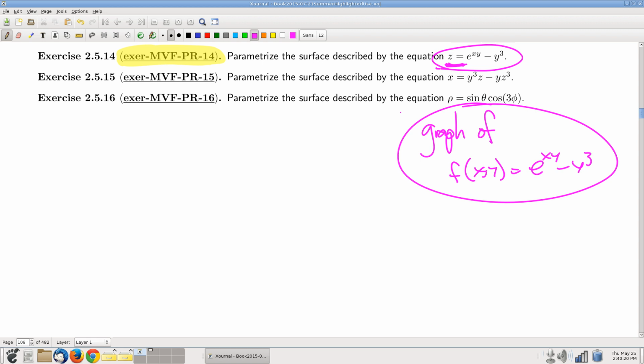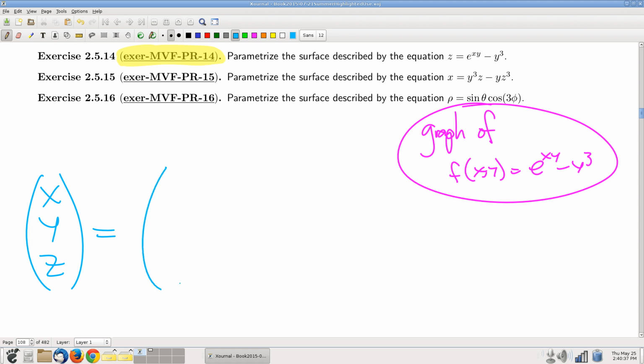Right? So I'm going to use the graph parameterization that's discussed in the book, and the graph parameterization proceeds by position as a function of two parameters, and you let those two, because this is an equation of two variables, right? And so you let these new parameters u and v equal to the input variables,